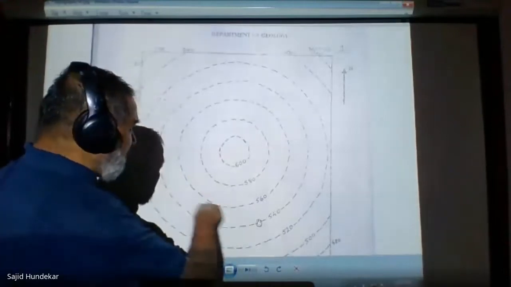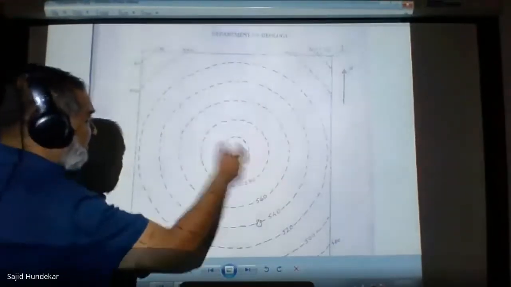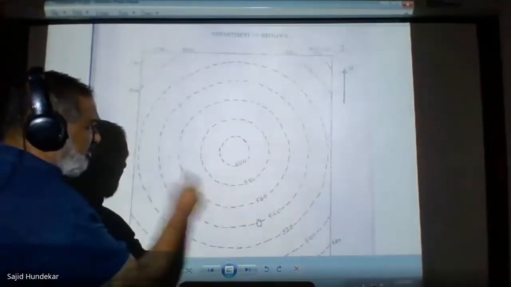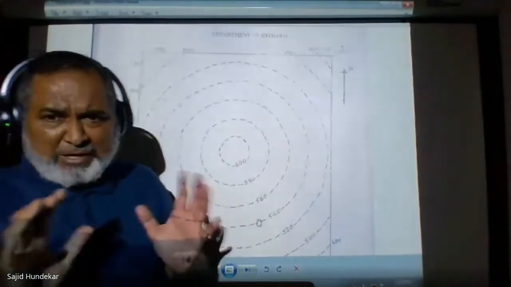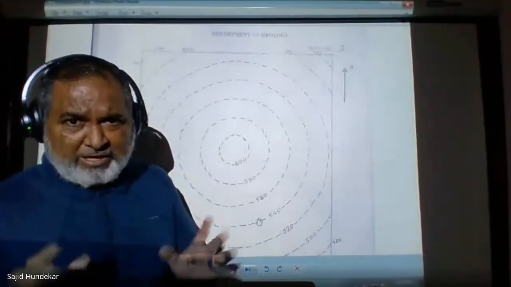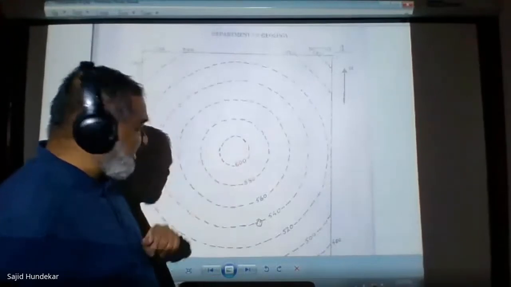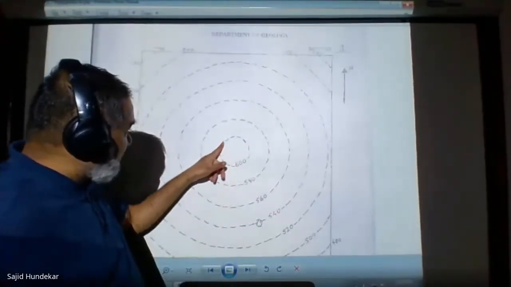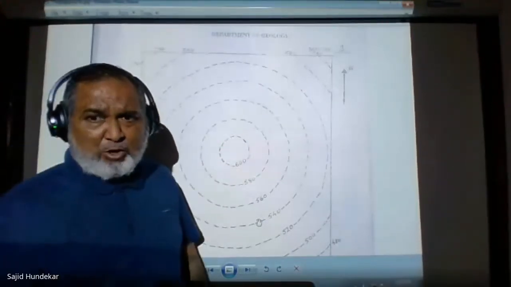So wherever you look, everywhere you will find a uniform distance. These dotted lines are the contours. The starting point and ending point are the same, so this type of structure is called a closed contour. What is that closed contour? It shows the value of 600, meaning at an elevation of 600 meters, all the imaginary points at 600 meters are joined by the dotted line.